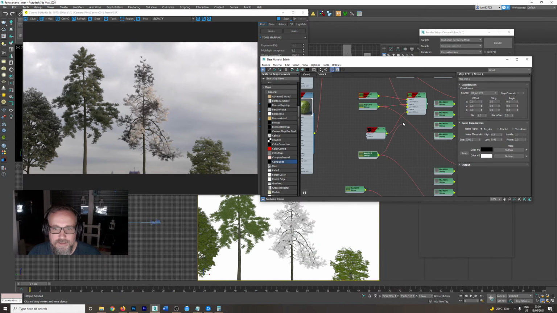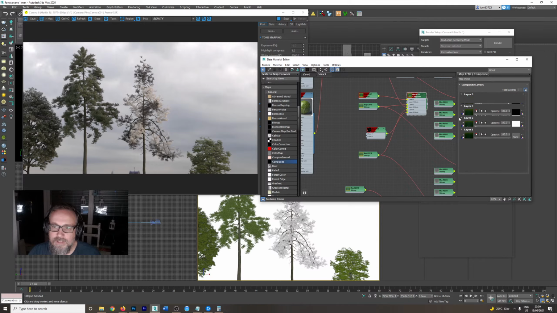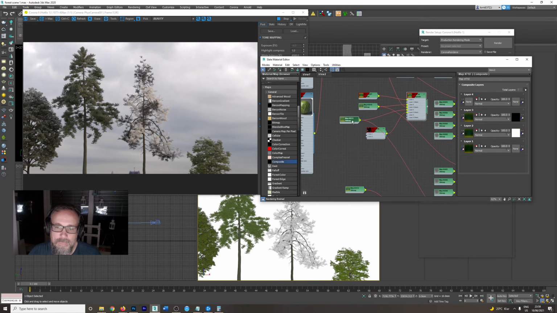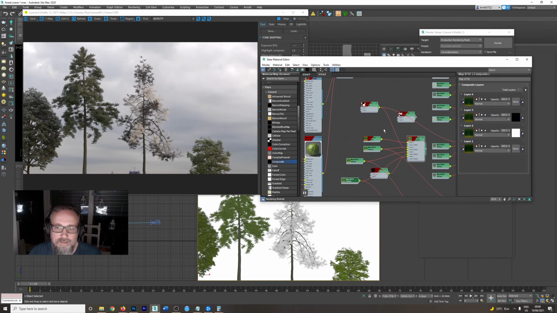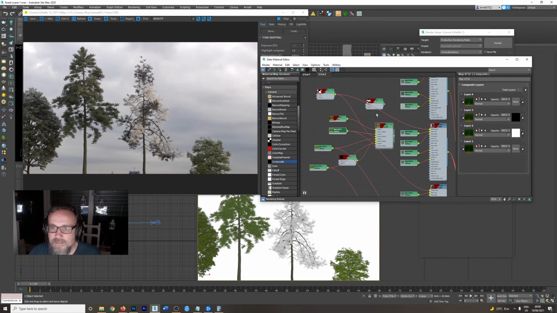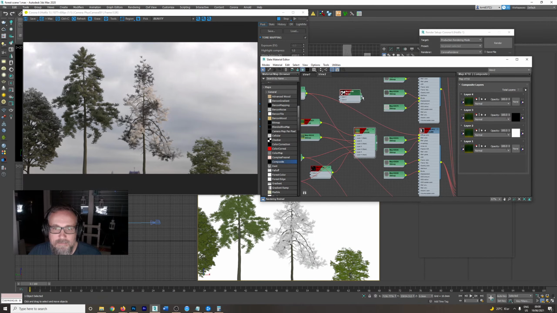So this is going to go into layer 3, and I'm just going to make an extra one here. An extra layer, that is. Okay, and this is going to go into layer 4. Alright. So I've got this one here showing this is where, in the white, so this is going to go where the black is, and this one is going to go where the white is here. And then I'm going to take this map,